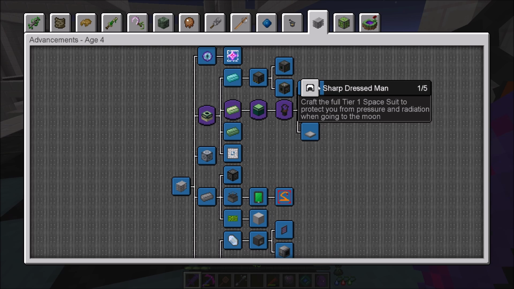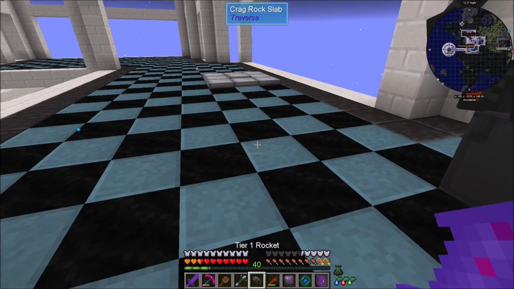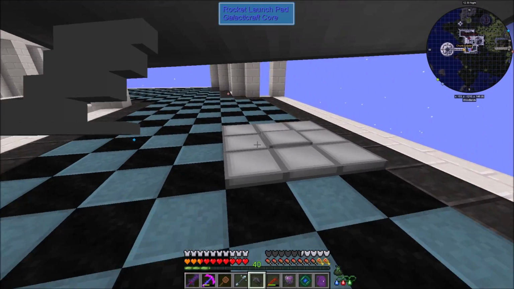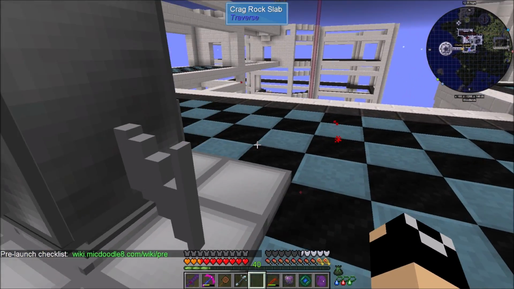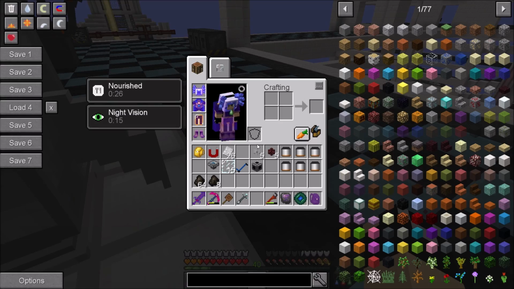There is some other stuff that we're going to have to craft before we head to the moon. And if we put this down, it's kind of cool because you can actually He-Man your rocket around. But if we set this down right there, that is our rocket ship right here. And we'll go ahead and put down our fuel loader, like right...